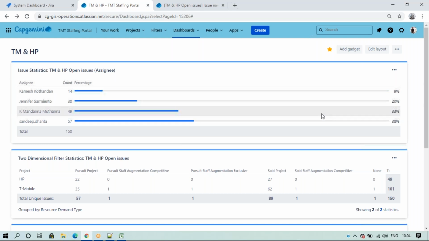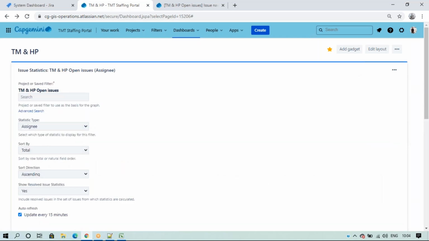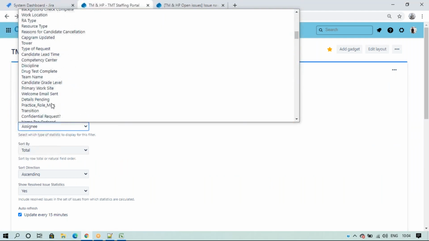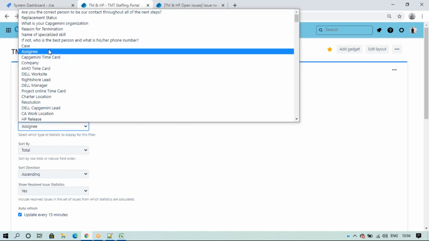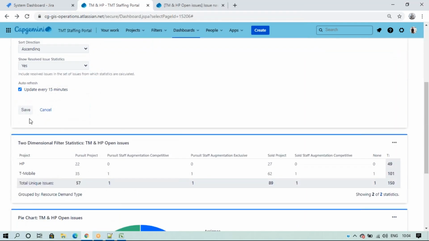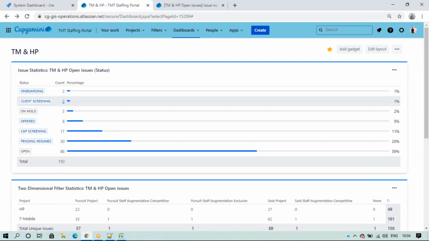If you want it differently, we can select assignee or any custom fields or anything. Status, let's go. Onboarding is free, these are 38, total 150 in the example we have.